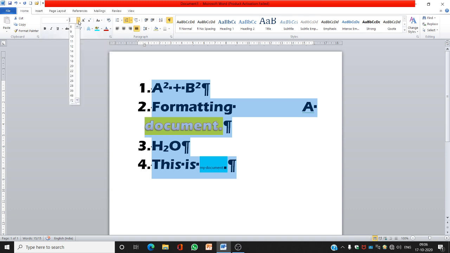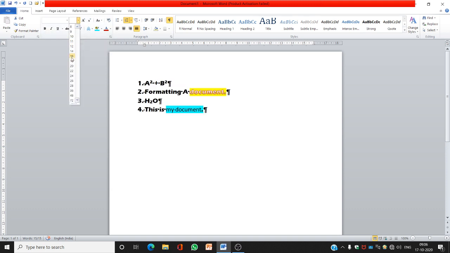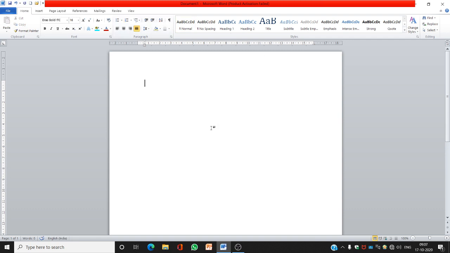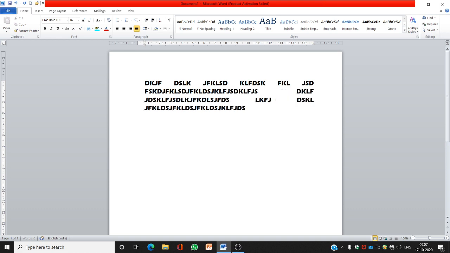So let me decrease the size of the text and then we will use it. Remove all these formattings and numbering, etc. Now type any text. You can see when I try to type any text here, it will place the same margin for each and every line of your paragraph from both sides. From this left side, you can see there is the same margin for each and every line, and you can see here I am saying paragraph.